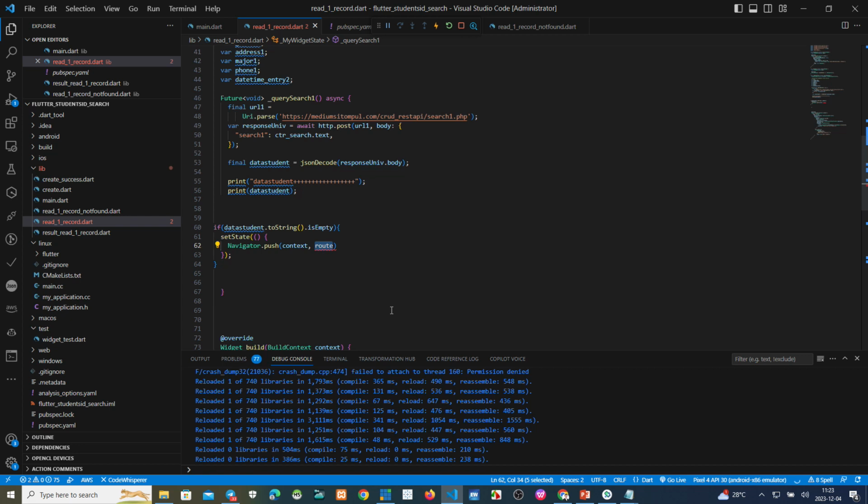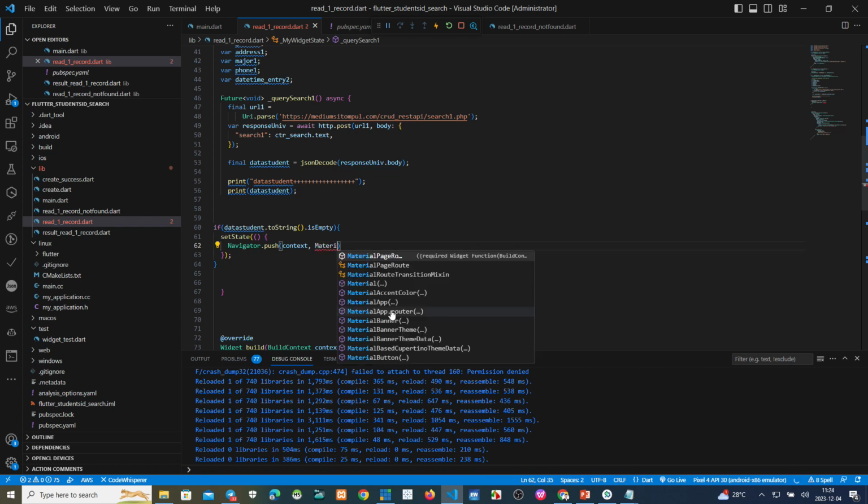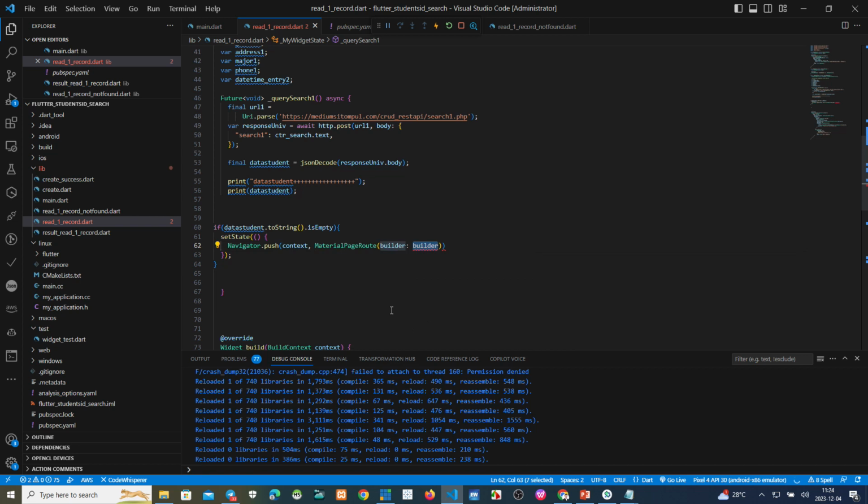Material page route, this one. Go to the search not found.